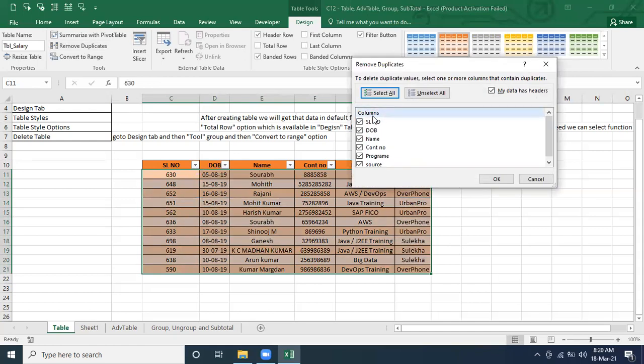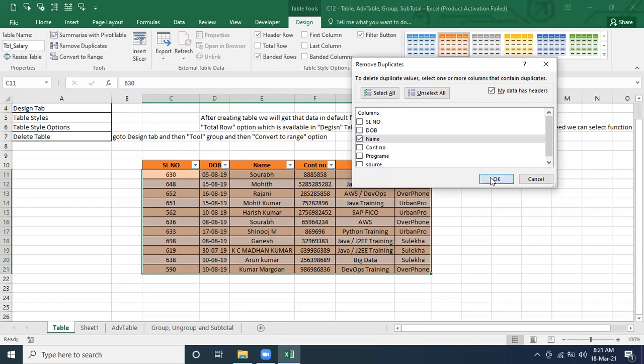It's telling you how you want to remove. It should check all the records. If all records are the same, then it's going to delete the duplicate record. But I'm not going to check all the records. I'm going to check by name only. If the name is the same, then you have to tell it's a duplicate. So there are two records, Saurabh and Saurabh, which it is going to identify as a duplicate.